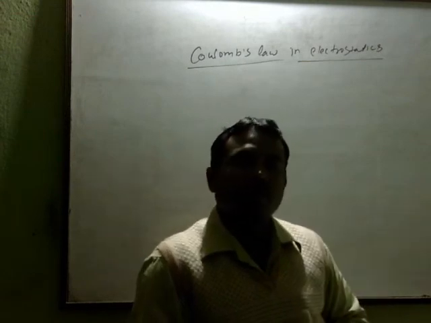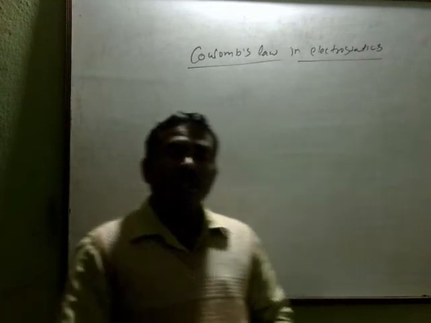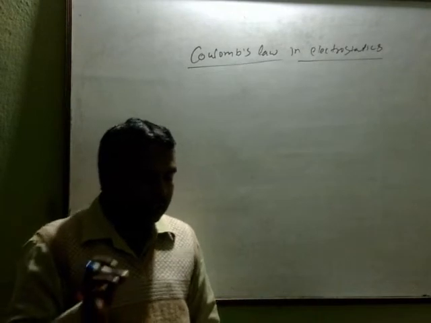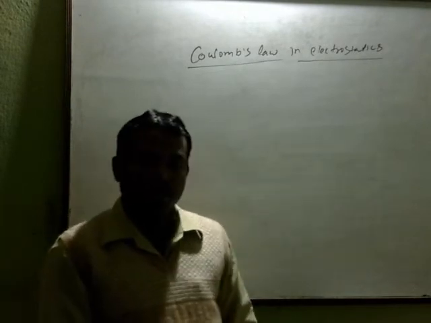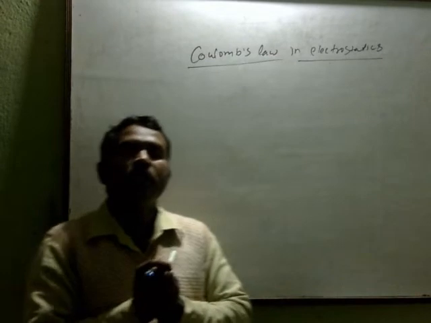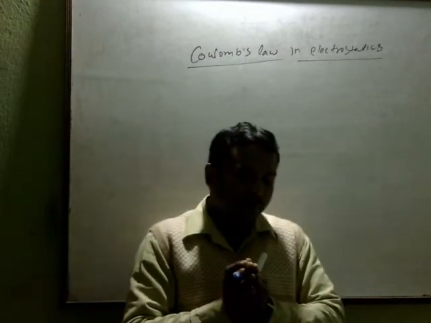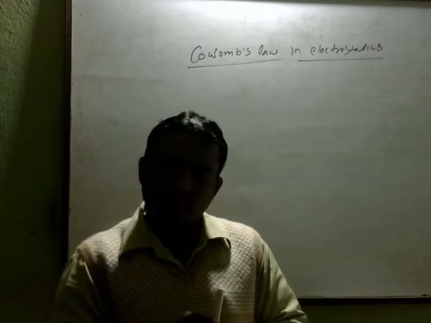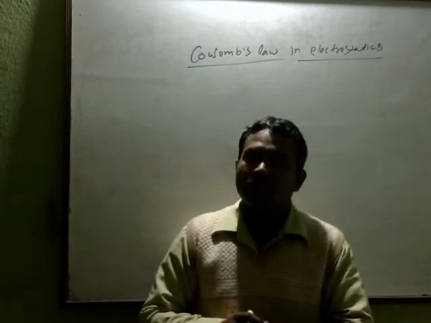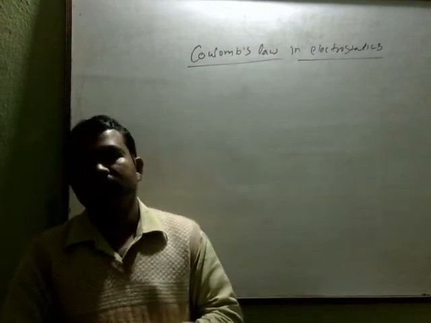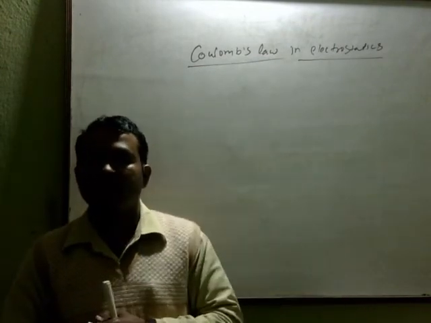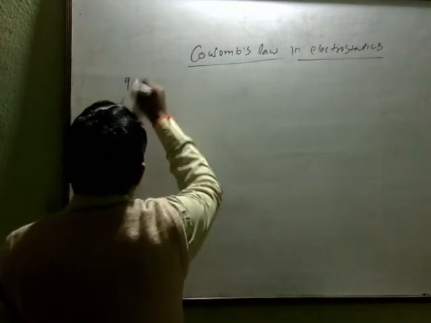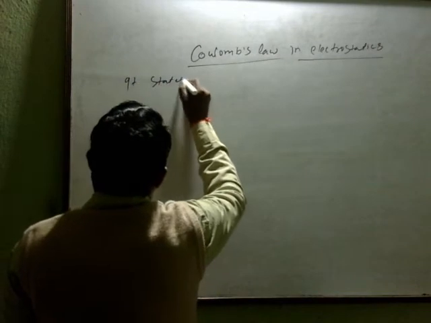The statement of Coulomb's law states that two point charges attract or repel with a force proportional to the product of the magnitude of charges and the square of distance between them, that you can write here. Suppose you can write the statement first. Okay, it states that